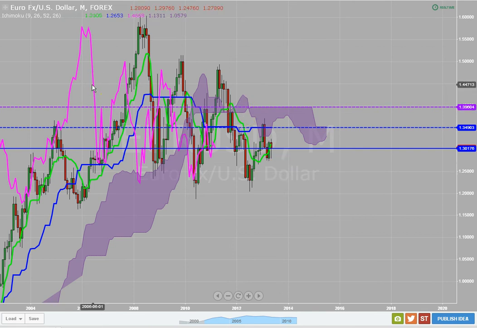Looking at the euro dollar on the monthly time frame. Basically, folks, what I do here, dash lines will stand for the monthly time frame, and the color will be the color of the Kumo, the color of the Kijunsen, and if you see a red line, that's going to stand for just the fractal support levels or a regular support level that I put in. So it'll be a dash line, color coded for what it is, and then I know the time frame.